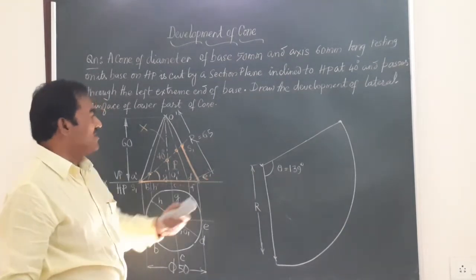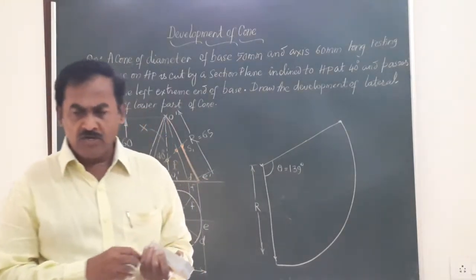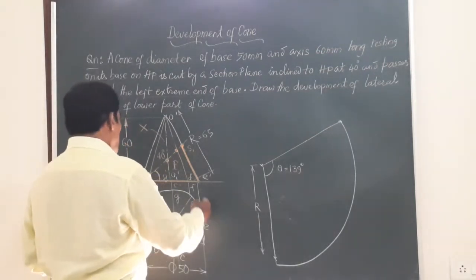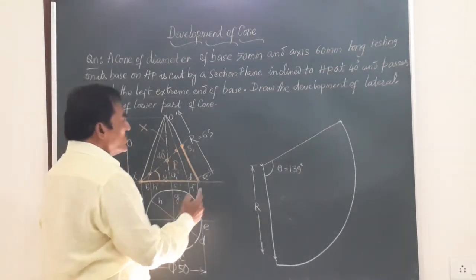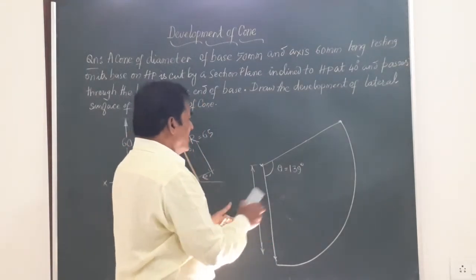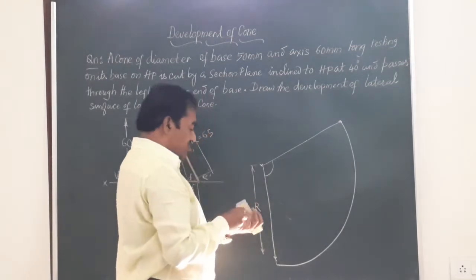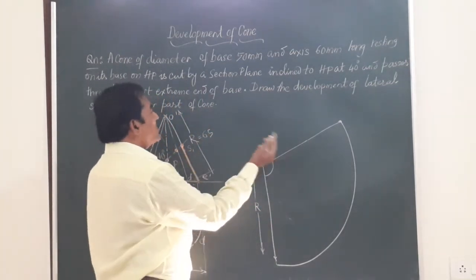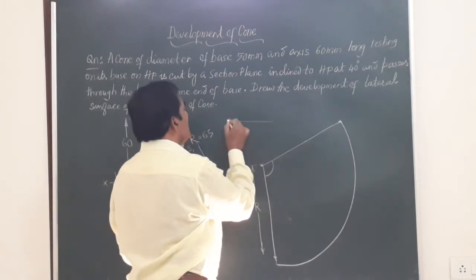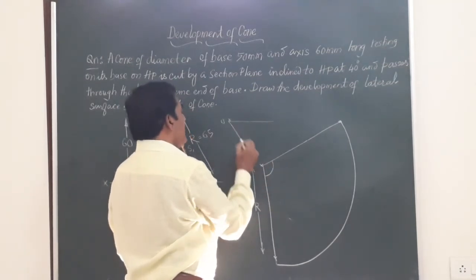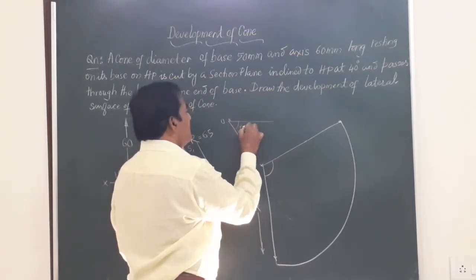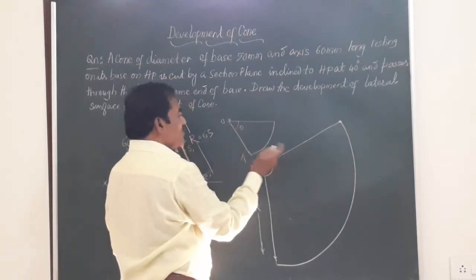Friends, you got this value theta. Now, if you see the top view, the circle or the base is divided into 8 equal parts. So also the sector has to be divided into 8 equal parts. Now, there is a procedure to divide that. How to divide? I'll just show you here. Suppose you have an angle here, some angle, say OA, OB. Say this angle is some angle theta, and you want to divide this into 2 parts.